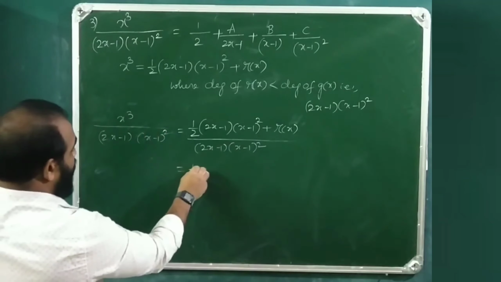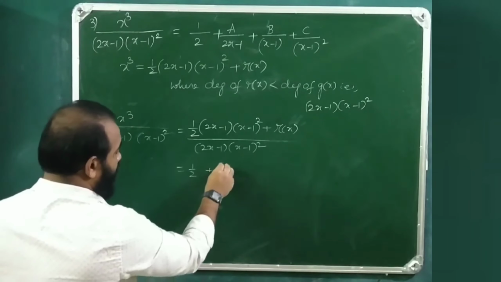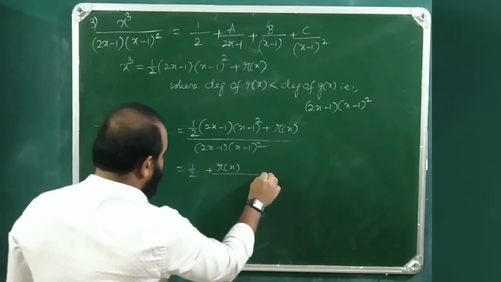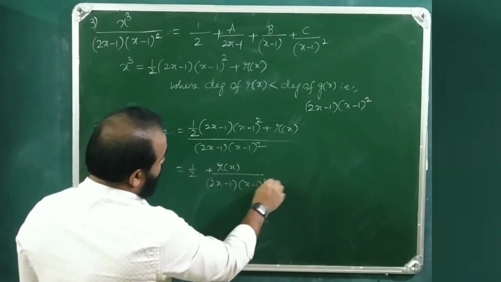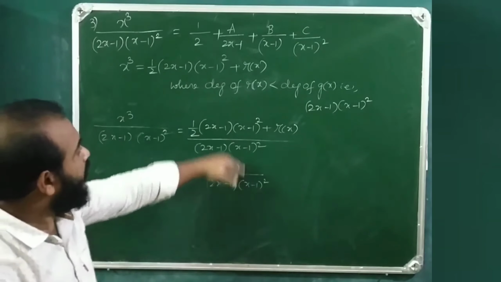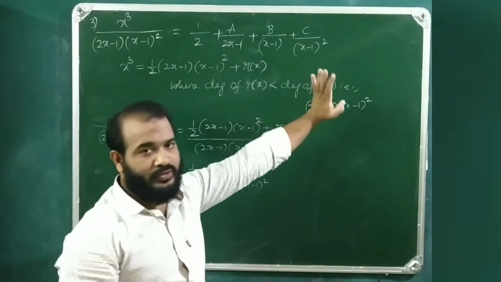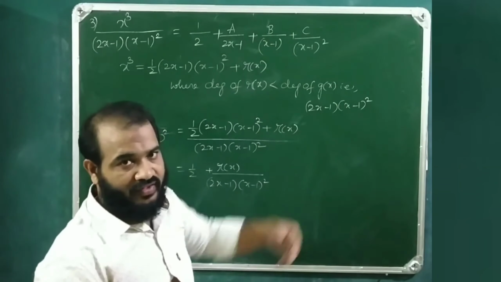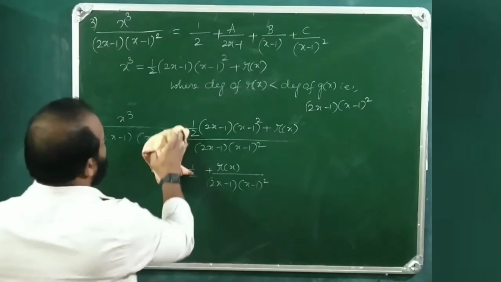So this is equal to 1 by 2, this gets cancelled, plus r of x by 2x minus 1 into x minus 1 whole square. This all is the explanation of this. So if you got this directly, then no issue. So we can proceed from here itself. So this is all the explanation. Okay. Now,